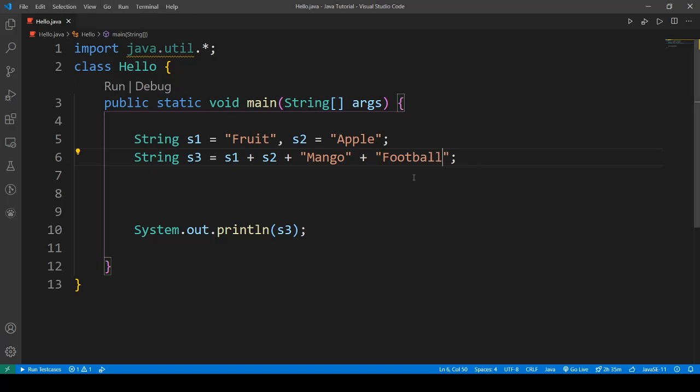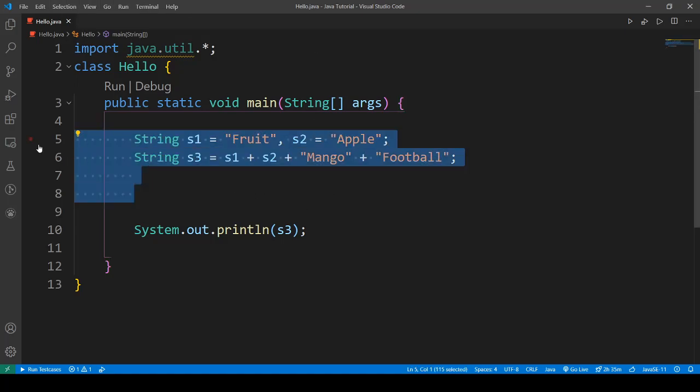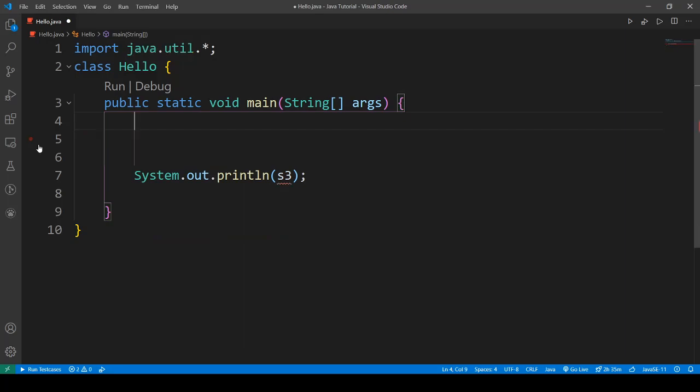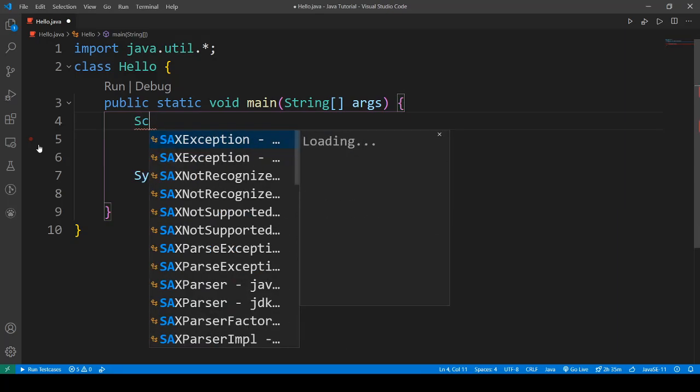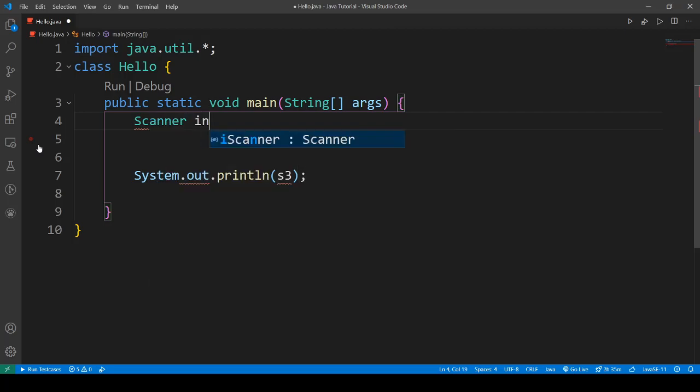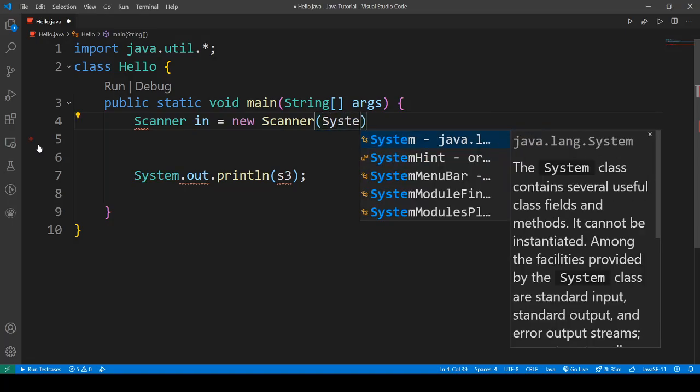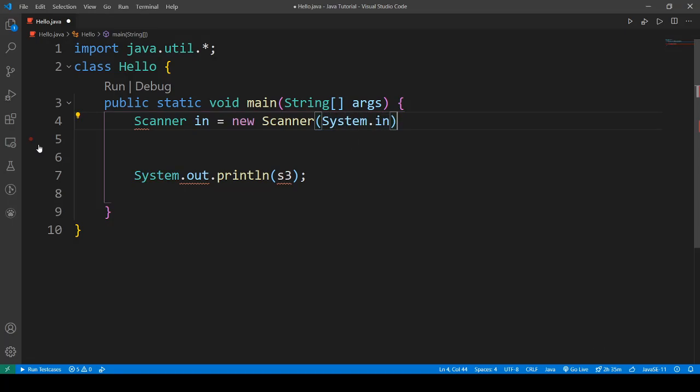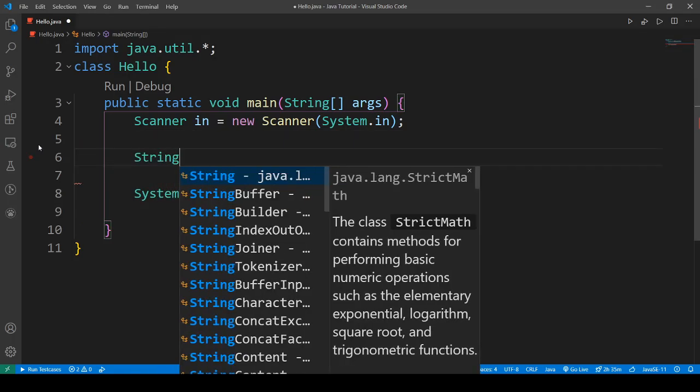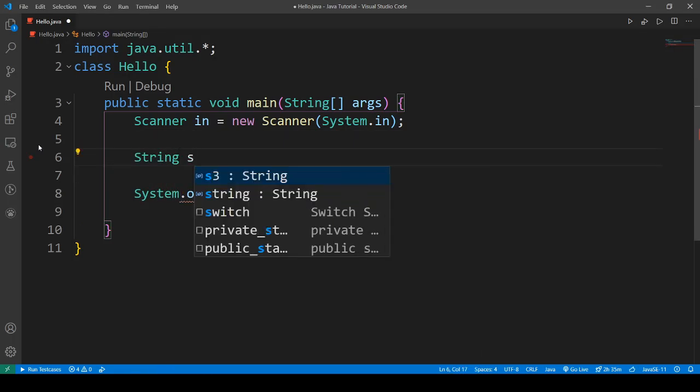Now let me show you how we can take input of a string from the user using the scanner class. So I'll make an object of the scanner class here, new Scanner System.in, and I'll make a string variable s.